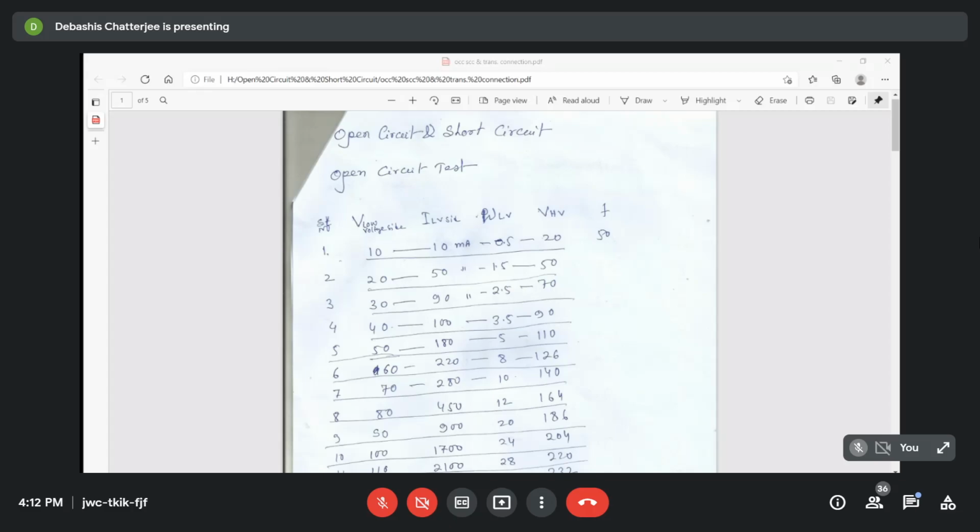So one request to me, since it is a lab: in a single PDF file, you can combine all your things and then send it to me via, say, Google Drive or something. One thing we can do is create a drive folder in which we will collect all the files of all the students, and then we will share the folder with you. If you click the link, you will get all the files. That will help me, that will be best. Because sometimes I am not finding them. Whoever is sending it, it is going somewhere else, and then it's a problem. So if you do that, that will help.